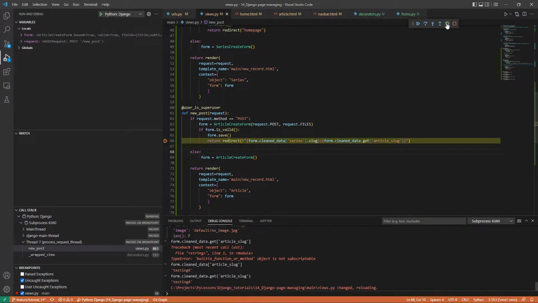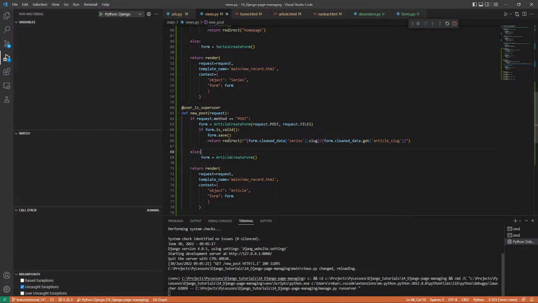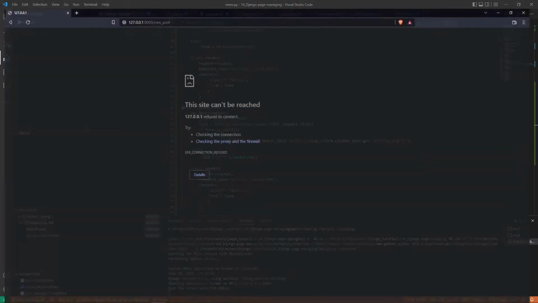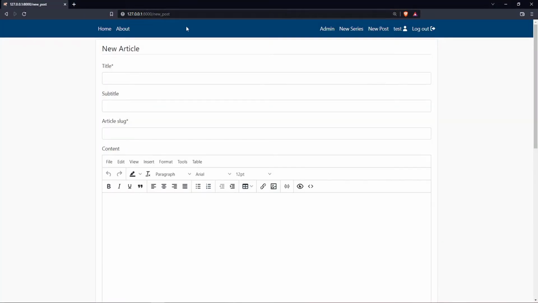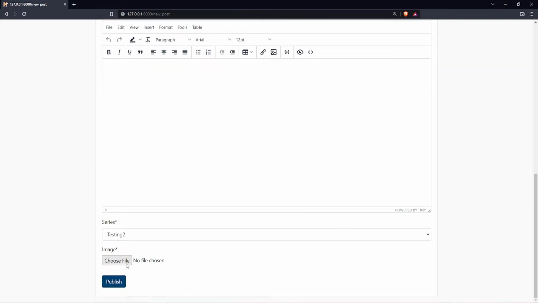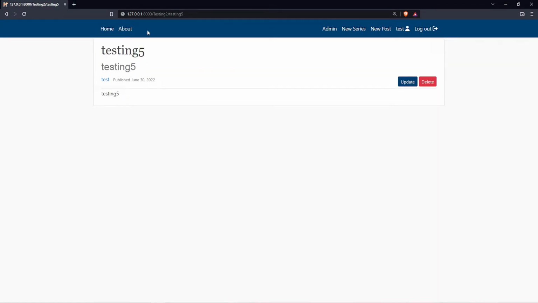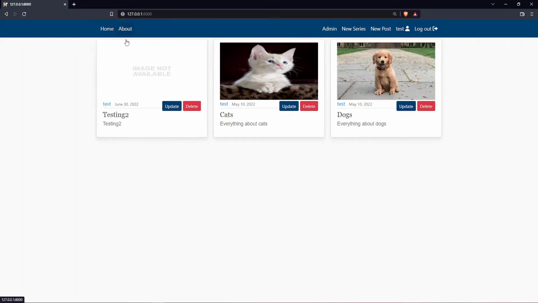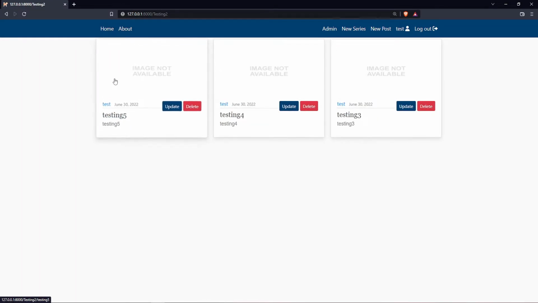Okay, let's save. Let's run it again. We don't need this breakpoint anymore. Let's go back here, new post. Right now, let's create a testing file. Don't worry, we'll remove all of these testings we created right now, and publish. This was created and we were redirected back to our testing file. So let's go back to home testing, and as you can see, we created 3 new posts, and that's amazing